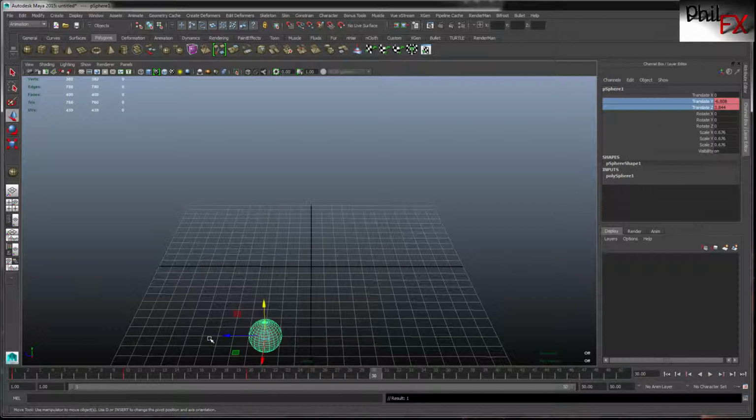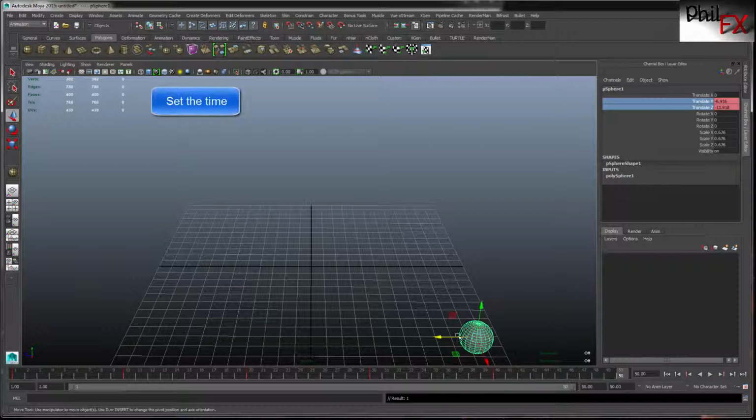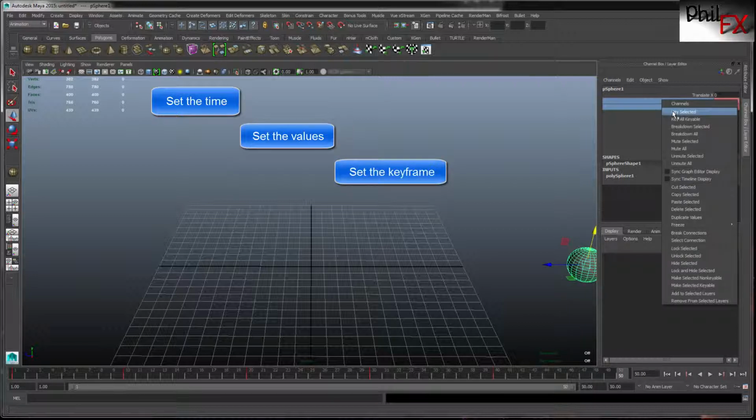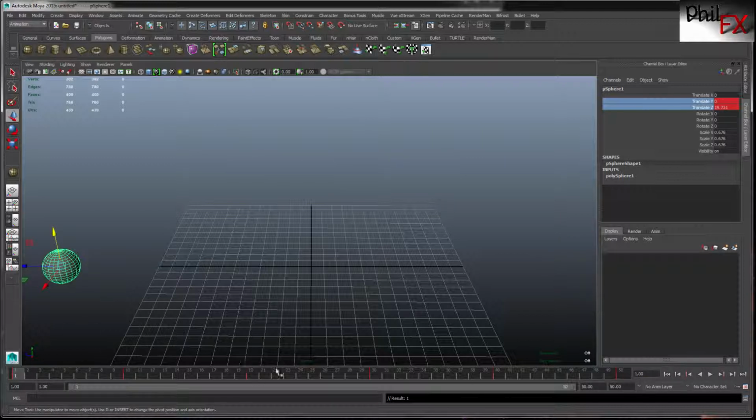Now I set the time to 30 frames in. I go over here, I set the value, right click, key selected. Go out to 40, come down, we go over. So I set the time, set the value, set the key. One more time, set the time, set the value, right click, key selected, set the key. Now let's go back to 0, and we can see that we have keyframes at 1, 10, 20, 30, 40,